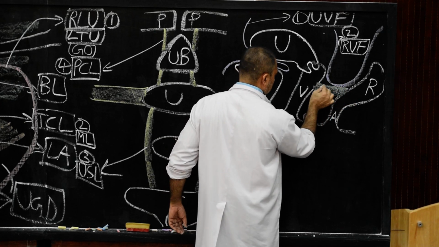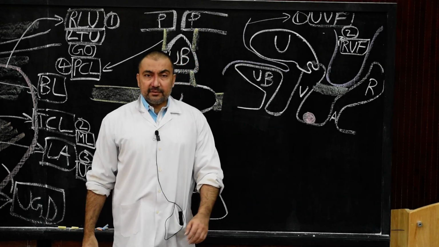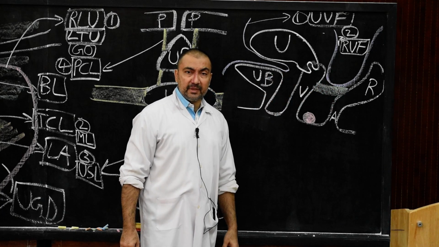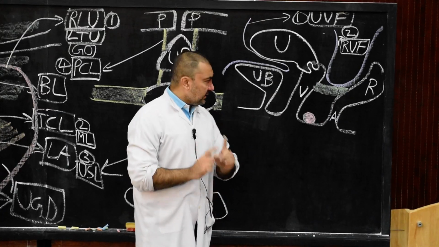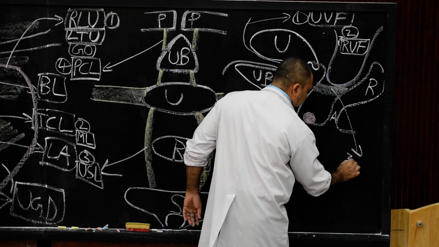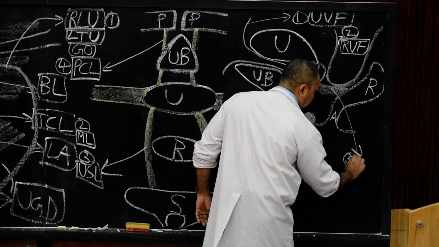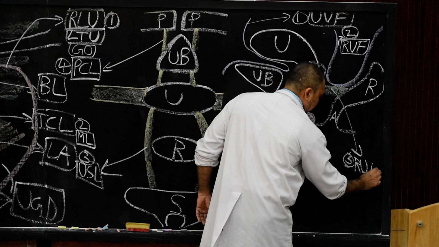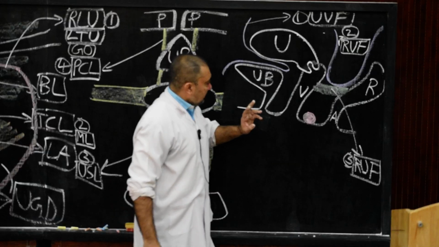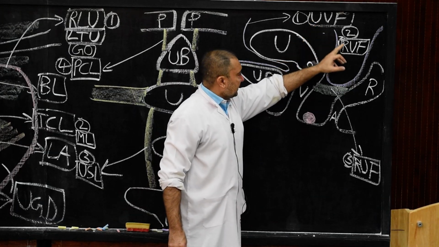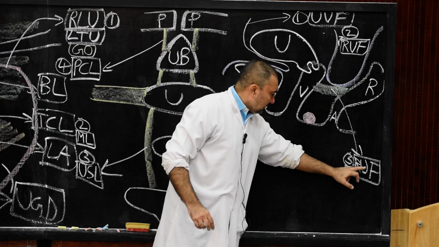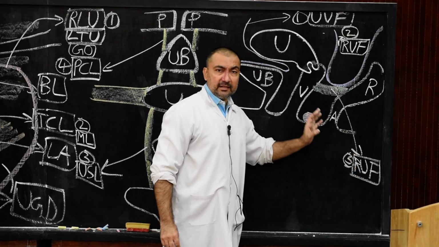Now these recto-uterine folds, always mark it, are present between the posterior fornix of the vagina and the anterior surface of the rectum, a pair of recto-uterine folds. Here I am going to mark this as number 3, a pair of recto-uterine folds. So this is the third pair of the false ligament. Then after naming 1 uterovesical fold, 2 rectovaginal fold, 3 pair of recto-uterine folds, now we are going to show what the recto-uterine pouch is.